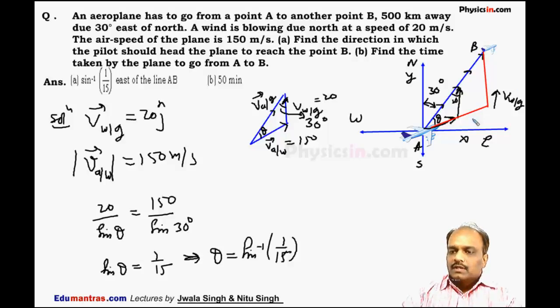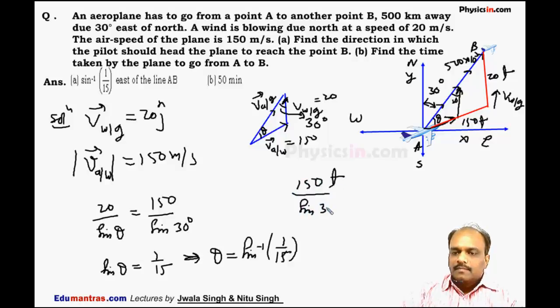So we can say the distance moved by the aeroplane is 150 into t, and this is 20 into t, and this is 500 into 10 to the power 3. So by using sine rule we can say 150t by sine 30, because this is 30 degree,